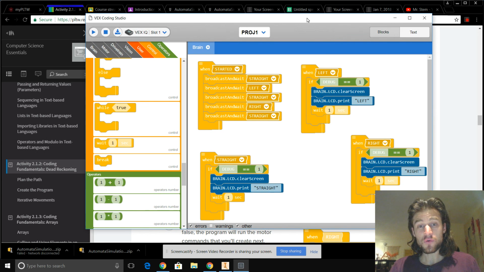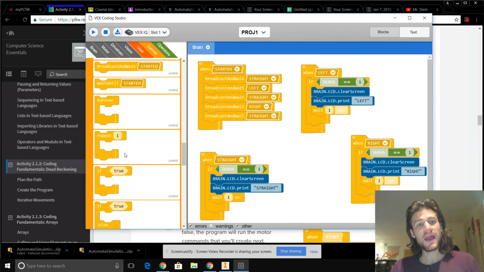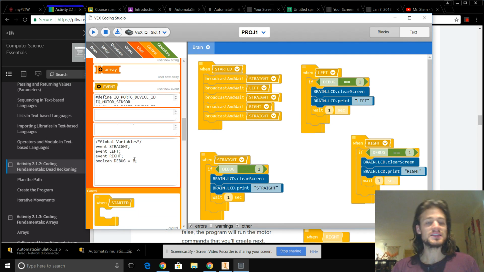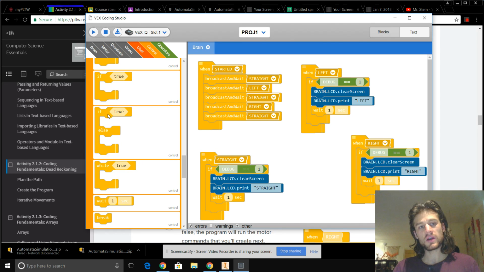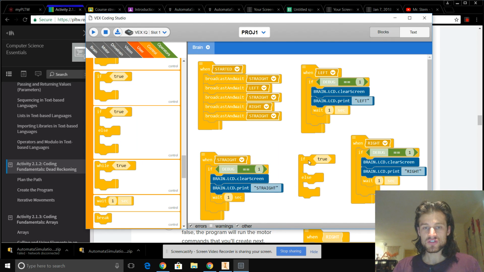Okay, so now unfortunately, what we want to have happen is when we have debug equals 0, we want it to, instead of printing straight, left, straight, right, actually drive straight and then turn left and then go straight, right? So unfortunately, what we're going to need is, rather than an if statement, an if else